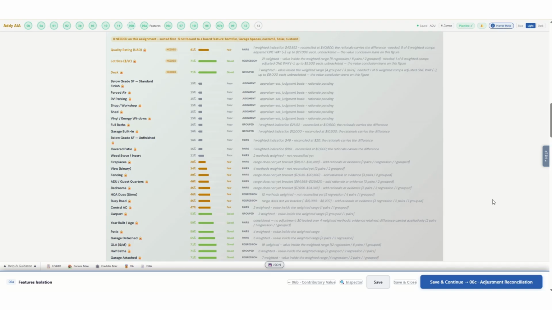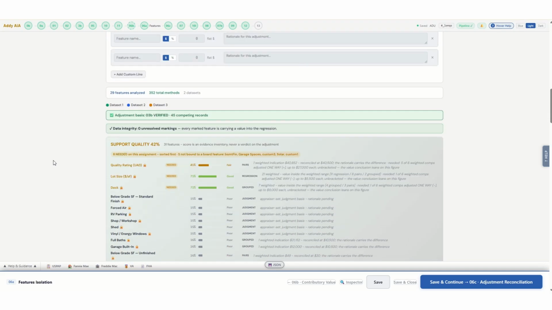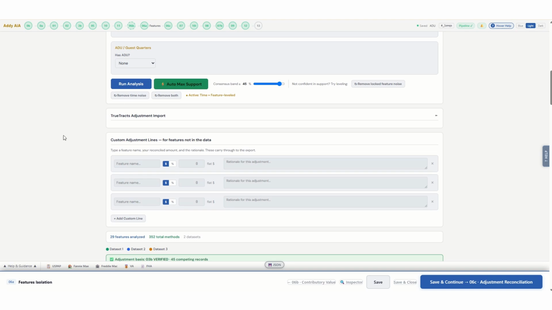Well, I'm going to go through reconciliation first, and then I'm going to go to time. I'm going to take that preliminary adjustments, level the time module, and create a more accurate time assessment. And then I'm going to do a return trip back here, and